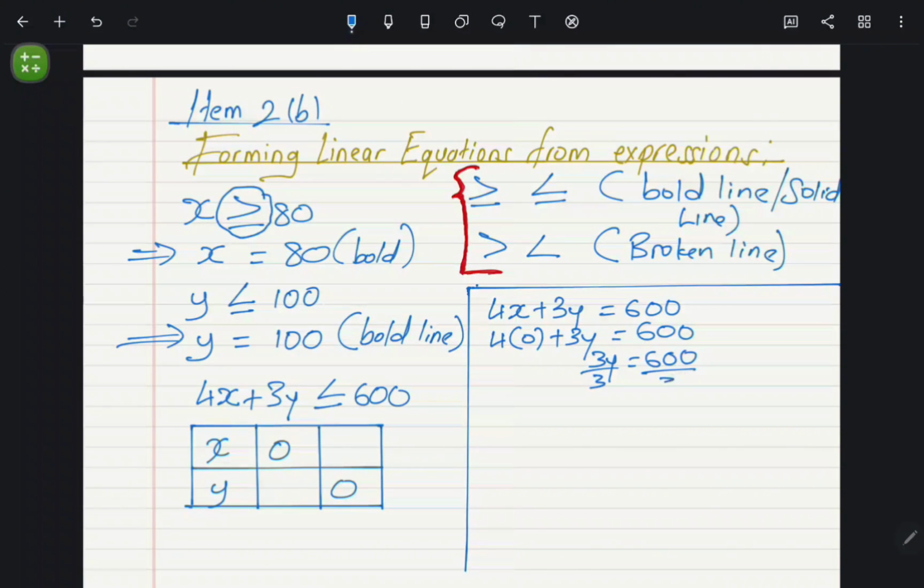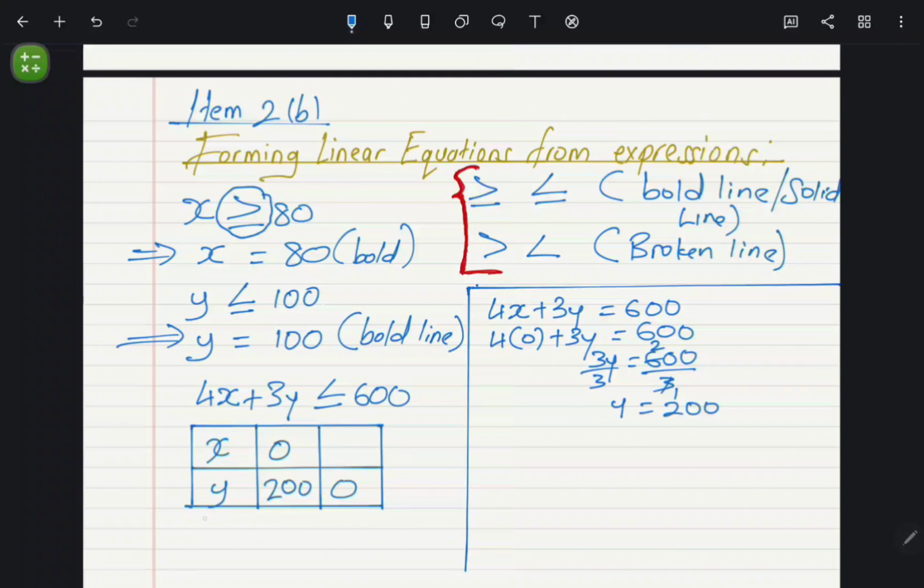You divide both sides by 3. So we remain with y is equal to 200, since 600 divided by 3 is 200. This is telling us that when x is 0, the value of y is going to be 200. So now we have already got our first point through which the line 4x plus 3y equals 600